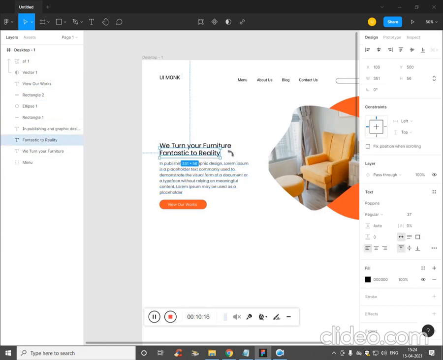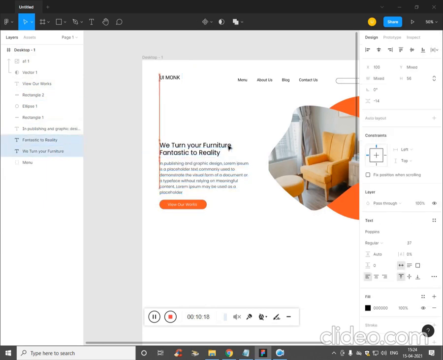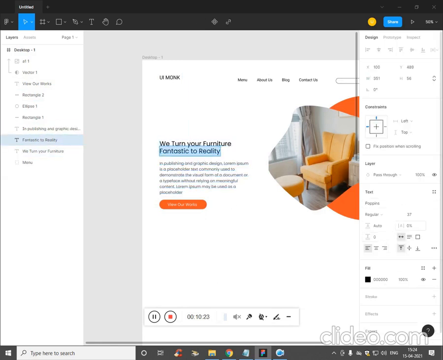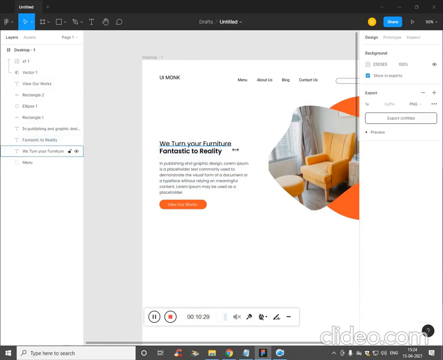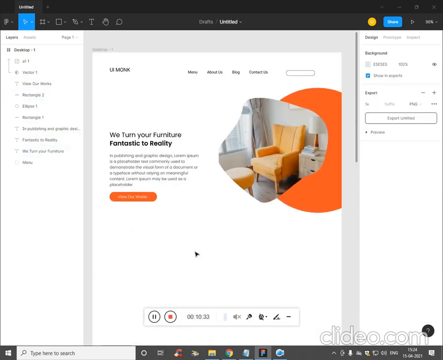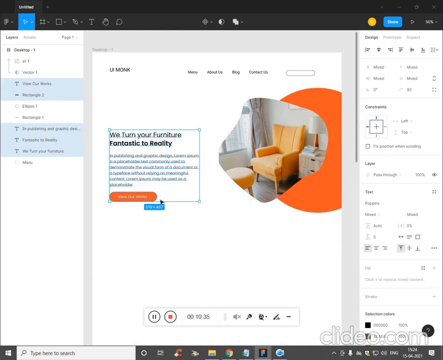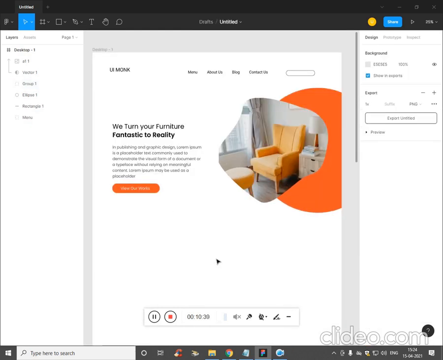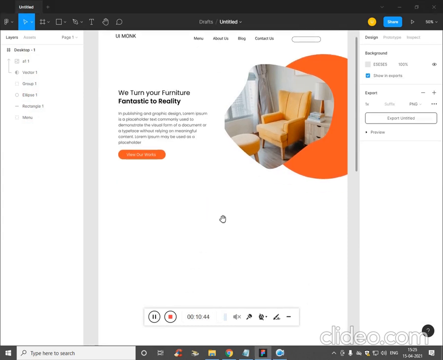Let's try to make it white. Well, that fits, cool. Select these two and make this a little bold. Zoom out, zoom in, group it. Now that's what we need. If you don't like the shape, you can fix it anytime.